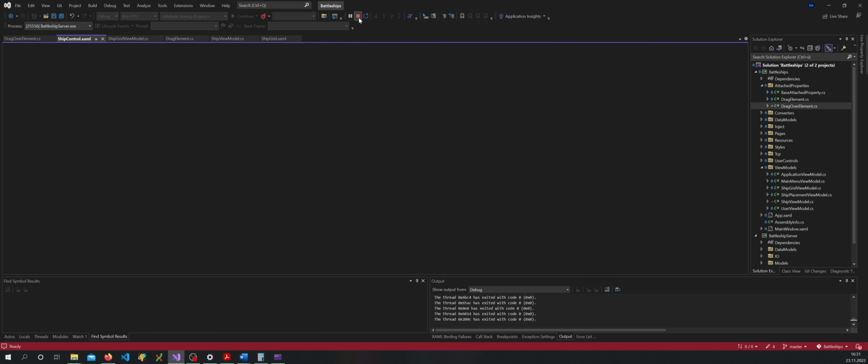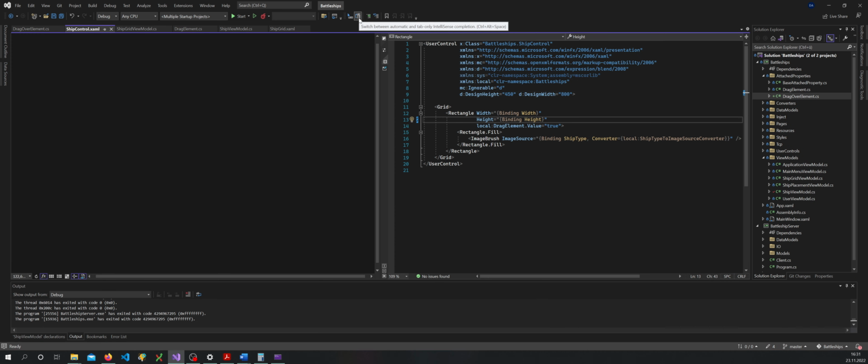And I think for that we might have to do another attach property. Or, where's the ship control? Right here, ship control. Or maybe we can